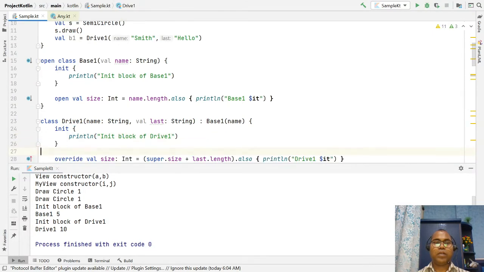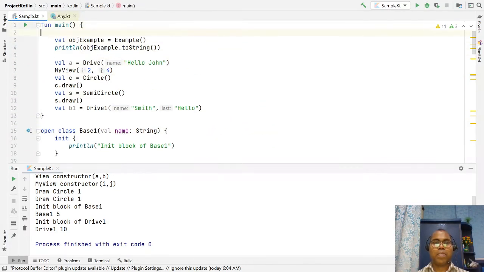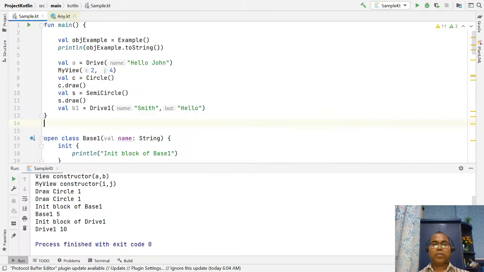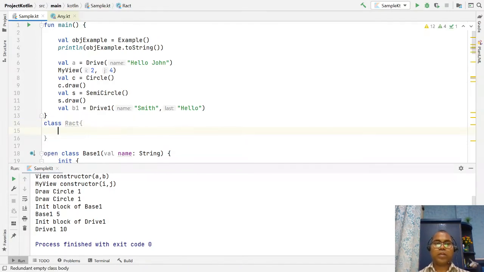Let's take the same example. I have a class, let's say Rect. This is the rectangle class. Let's say this is open, and this has one function here, draw.